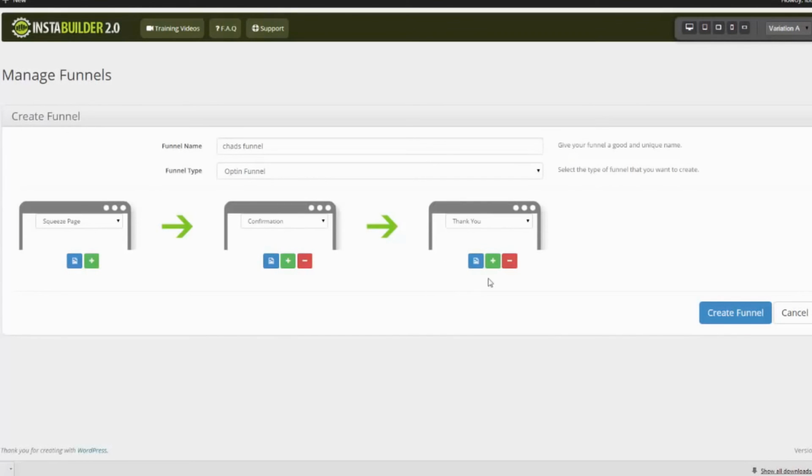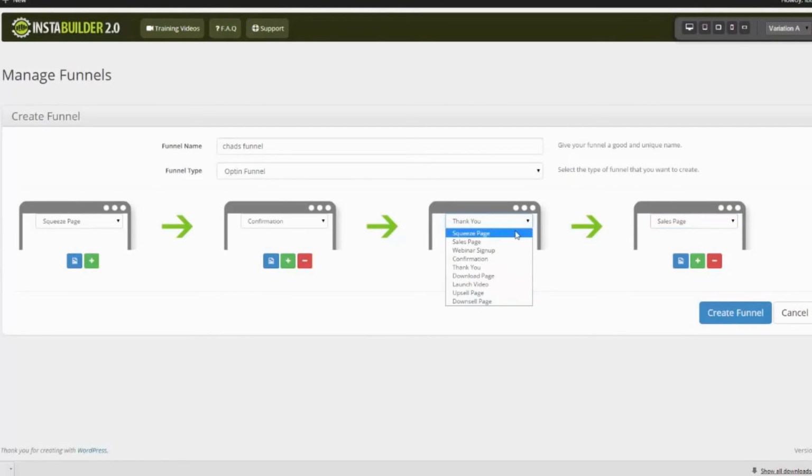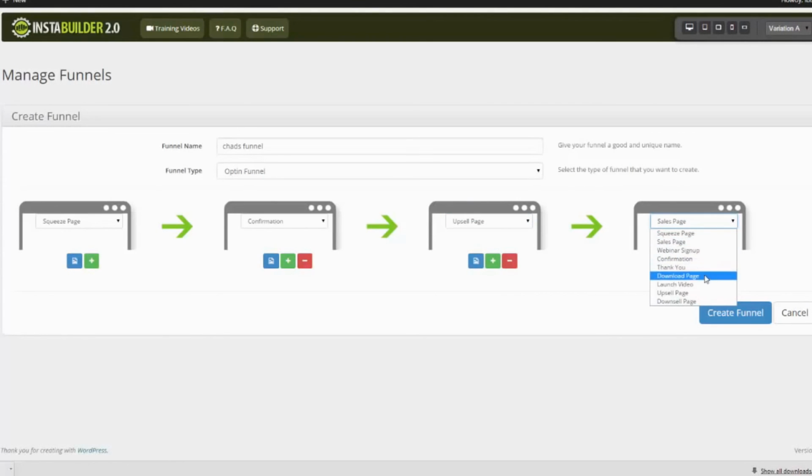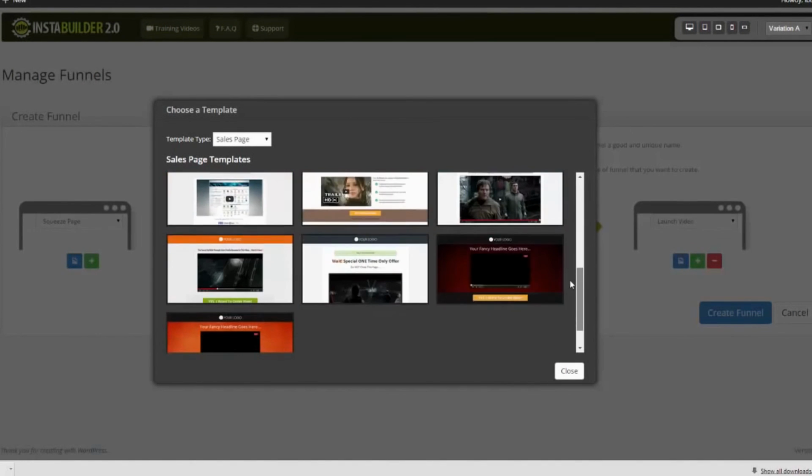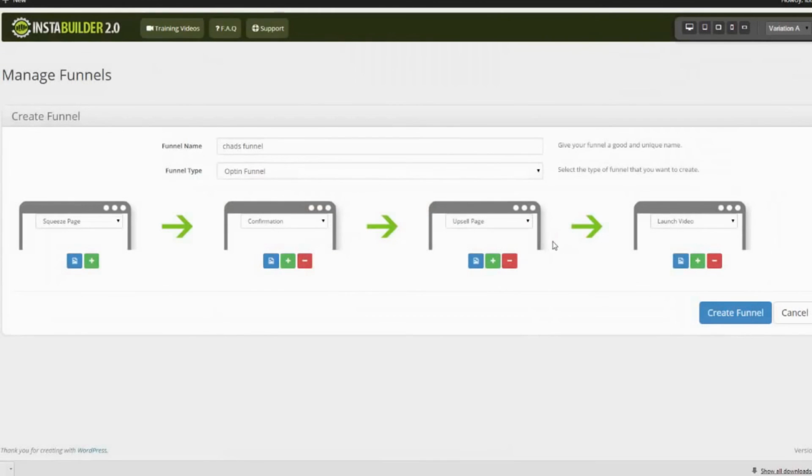Now, if I want to add another page, I can come over here and click add. And then I can simply come over here and change out whatever it is I'm trying to do, right? We have a squeeze page, confirmation. Maybe this here is going to be an upsell page. And then maybe over here we have, I don't know, some launch video or something, right? That doesn't make sense, but you guys get the idea. And this is how fast you can go and create sales funnels with the OTO, right? So we can come over here, click on the element, choose our upsell page, and that's how fast we do this, right? And when we're all said and done, we're going to come over here, we're going to click the create funnel